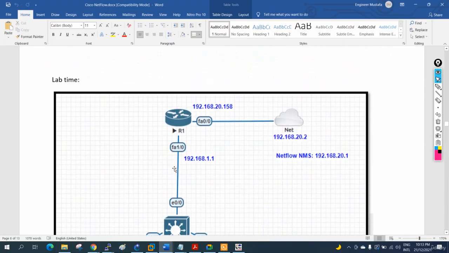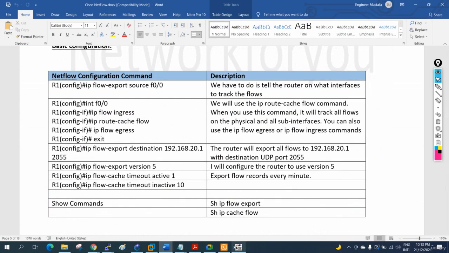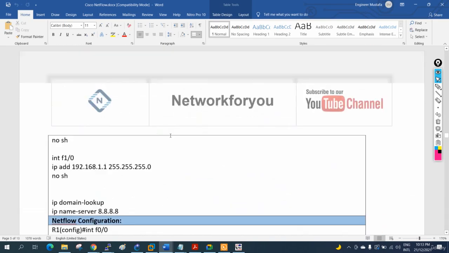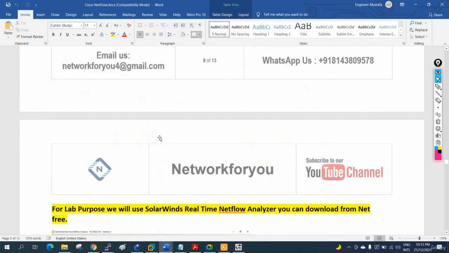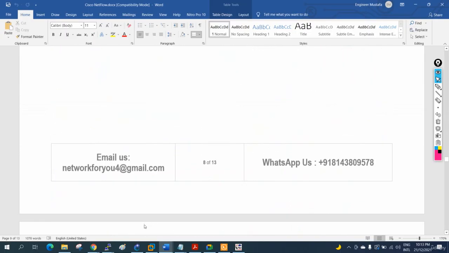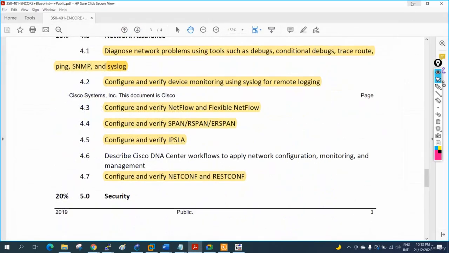You can do this lab in GNS3 or EVE-NG also, no issue. Okay, so this application you can use. I put, I think, the application name. You can Google it, it is freely available. This one, SolarWinds Real-Time NetFlow Analyzer. Okay, so with this one we finish the Netflow. Okay, so let me